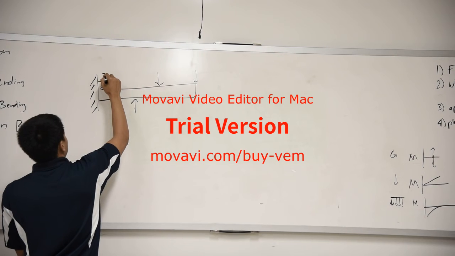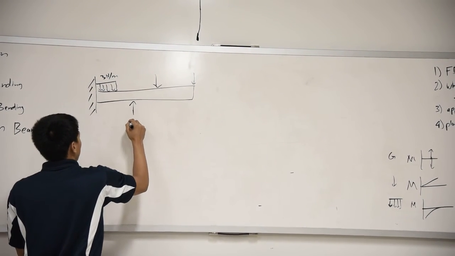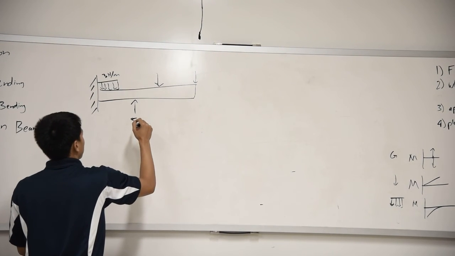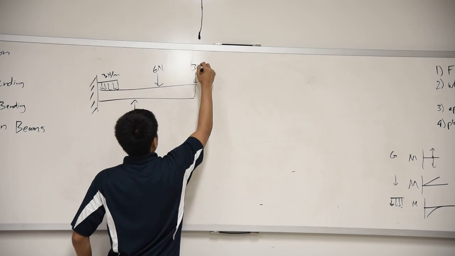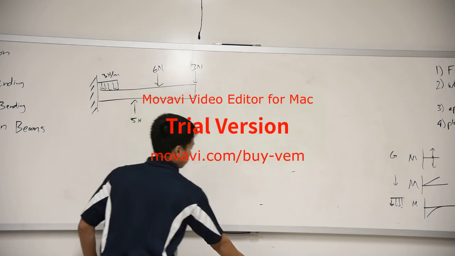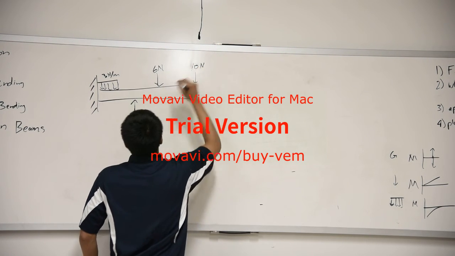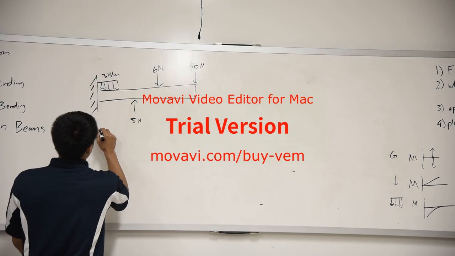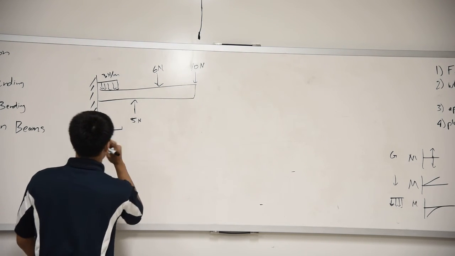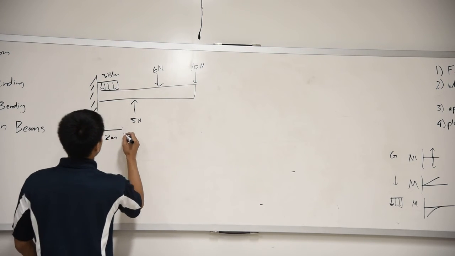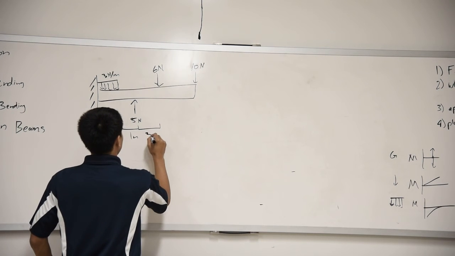This is 3 newtons per meter. This is 5 newtons. This is 6 newtons. 10 newtons, okay? This distance right here is 2 meters. This distance right here is 1 meter. This distance right here